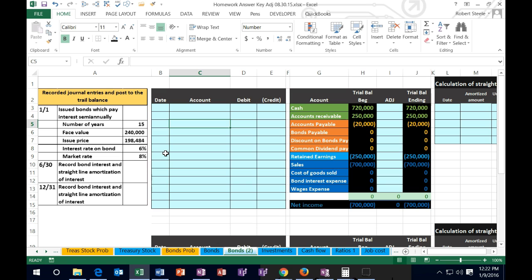What this is saying is that we're issuing a bond that has the face amount of $240,000. The bonds is us issuing the bond, so we are the ones that are basically getting a form of a loan by giving out the bond, receiving money. The face amount of the bond is $240,000. Therefore, we are going to receive money today, and we're going to pay out $240,000 in the future. And the interest that we're going to pay for basically this loan is 6%, which we're going to pay semi-annually. So unlike basically a home mortgage loan, which would be paid monthly, we're going to pay this twice a year